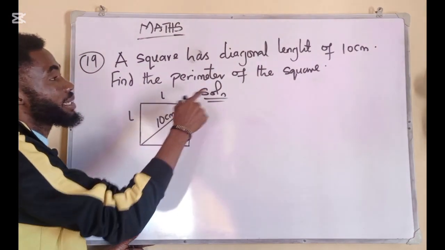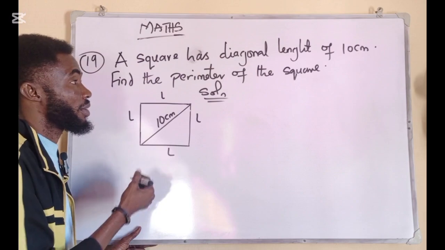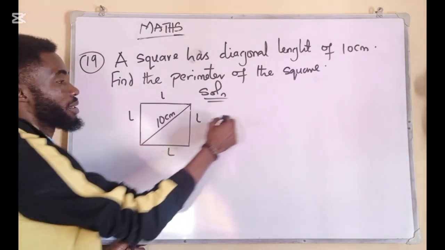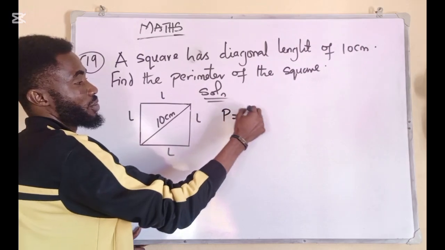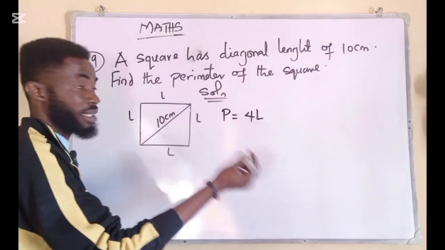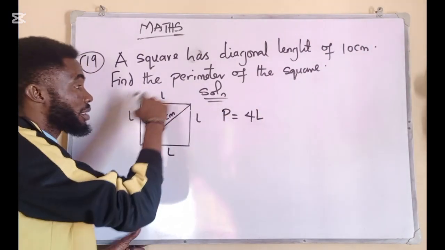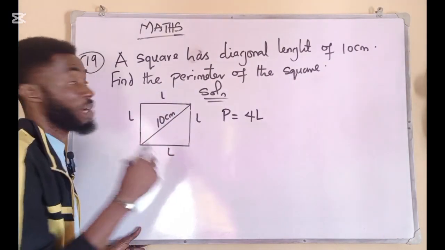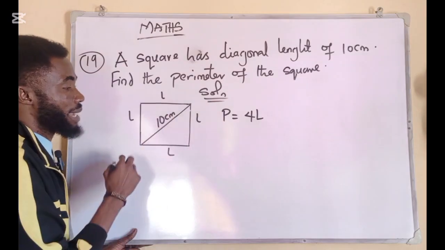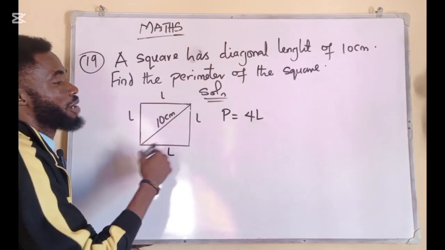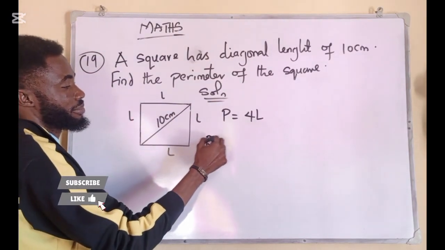Now the question says find the perimeter of the square. We know that the perimeter of a square is equal to 4L. That is when you sum all the four sides, right? Now, what do we do? Firstly, we're going to apply the Pythagoras rule. Now, by Pythagoras theorem,